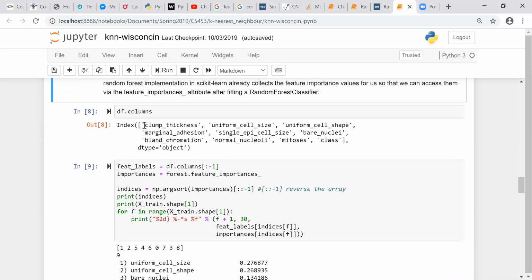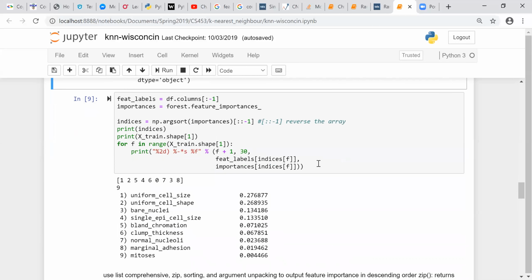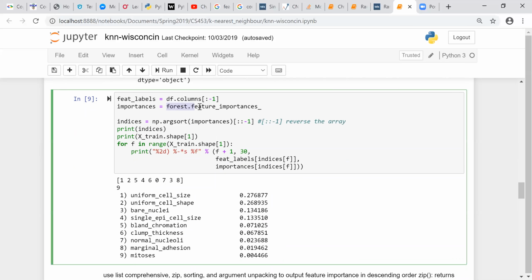So here we list all of the features. How many do we have? 1, 2, 3... 3, 6, 9. We have about 9 features. So these are the feature labels, and with random forest, there is a